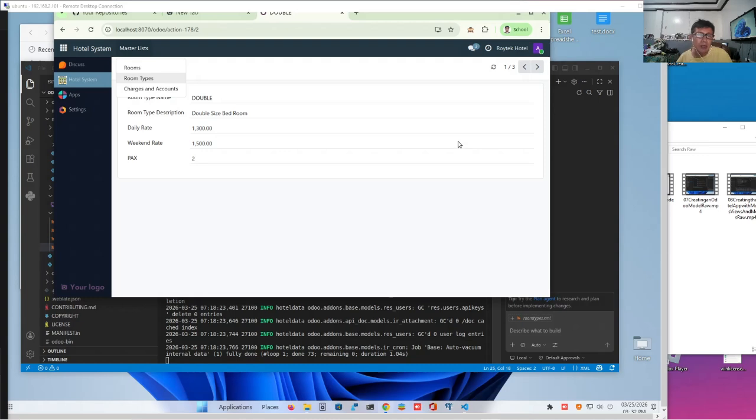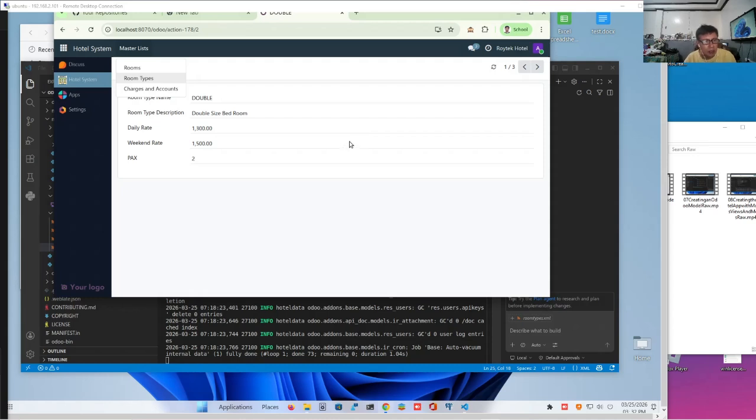In the last video, I showed you how to create a model for recording our hotel rooms corresponding to their respective room types. We had an easy time because we just copied the room types XML to rooms.xml, changed the configuration according to what model is being used, and attached it to a different menu.